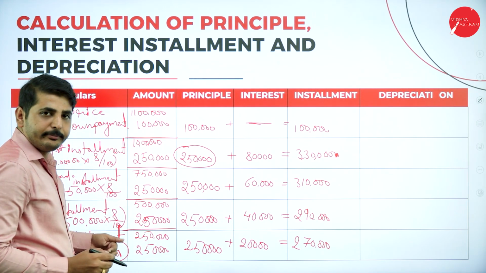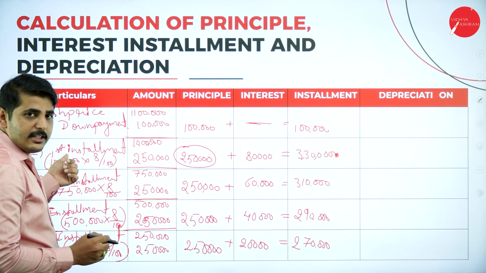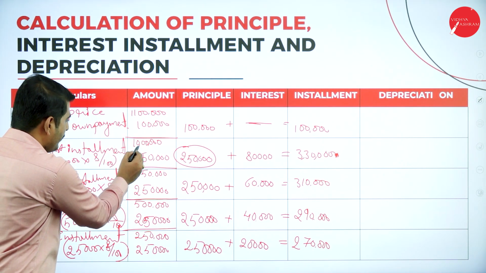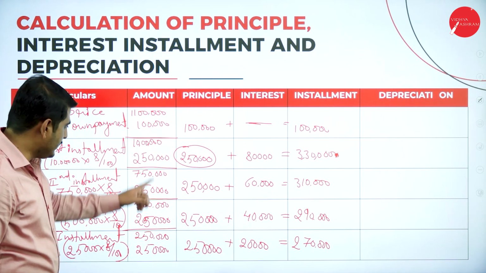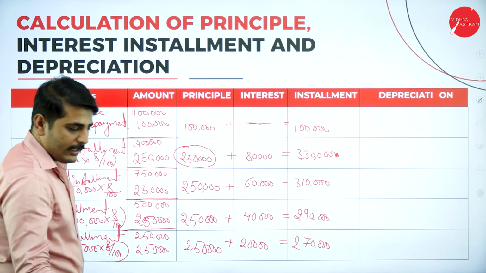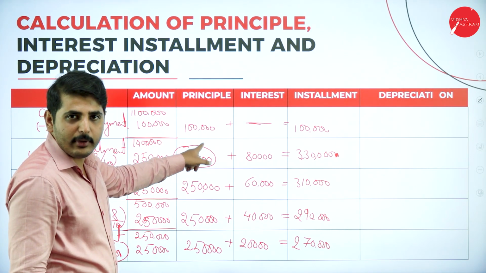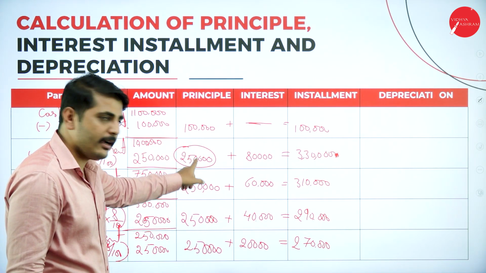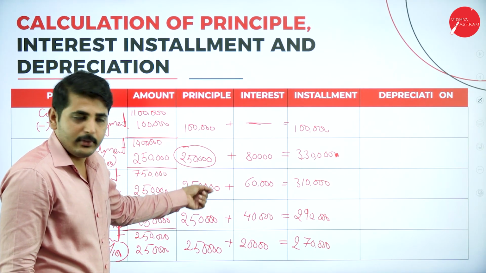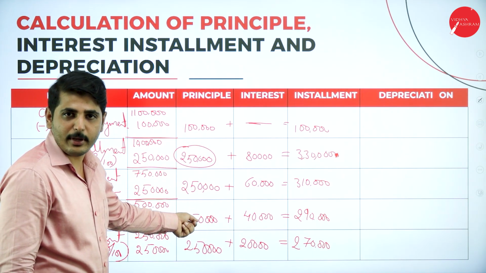Next, come to the second year, first year installment. Here, for the first year installment, what is the balance amount? 10 lakh rupees is the balance amount payable. On the 10 lakh rupees, we have to calculate the interest. Already we have calculated the principal amount. We know the principal amount now. Every year an equal installment should be paid. Principal amount 2,50,000 every year we have to pay for 4 years.